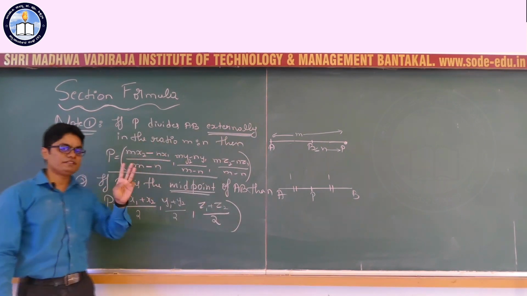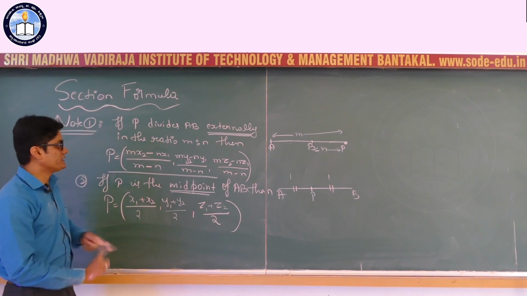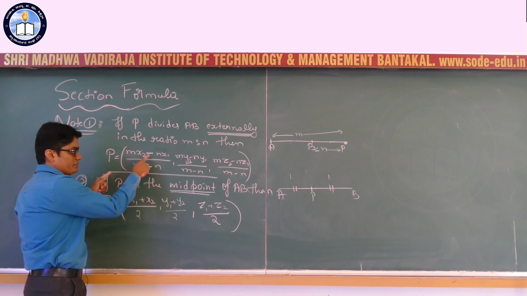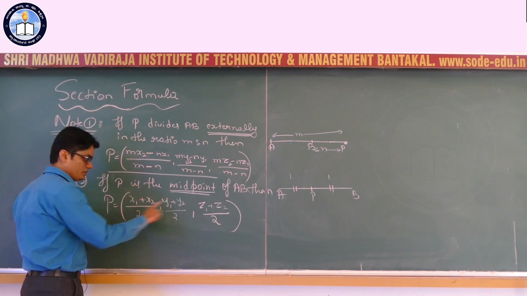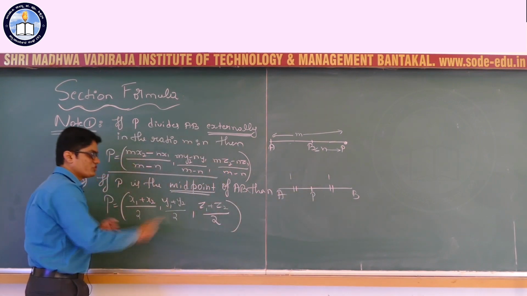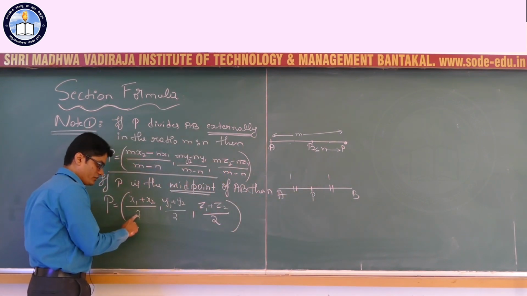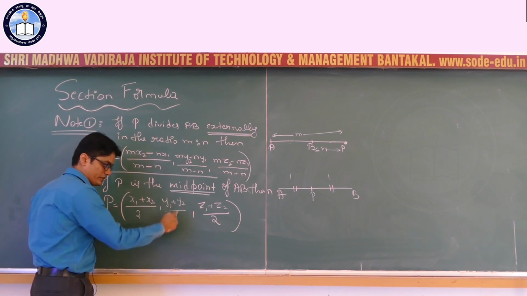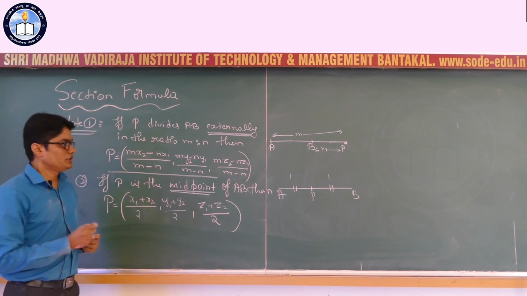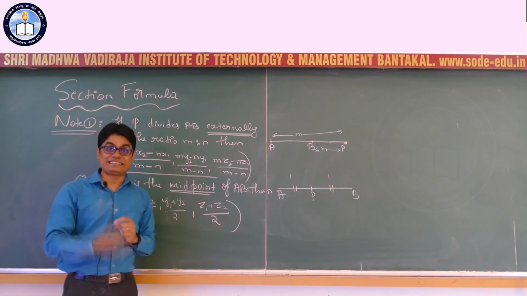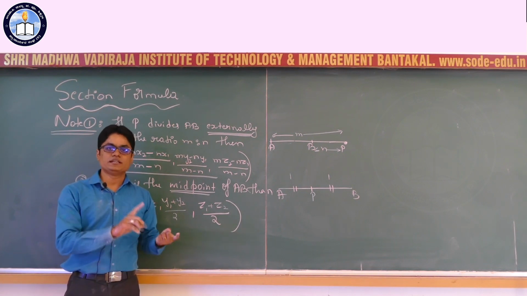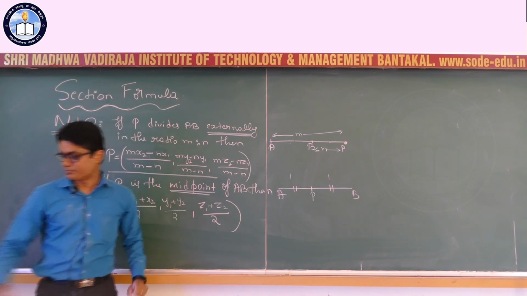So you have to remember three formulas. One is the section formula for internal division, where plus comes; the section formula for external division, where minus comes; and the midpoint formula, where m and n will be 1. Okay, so x1 plus x2 by 2, y1 plus y2 by 2, z1 plus z2 by 2. So you have to remember these three formulas. Now I will give you one more formula with the derivation. Okay, it is also very important. Just like the section formula for internal division, this derivation is also very important.